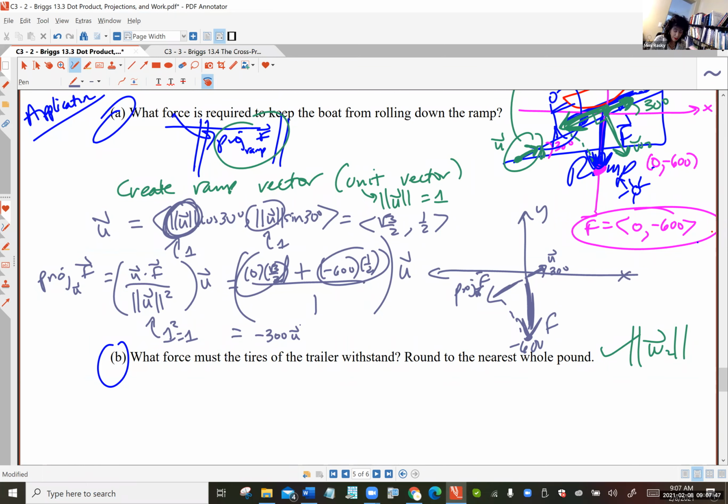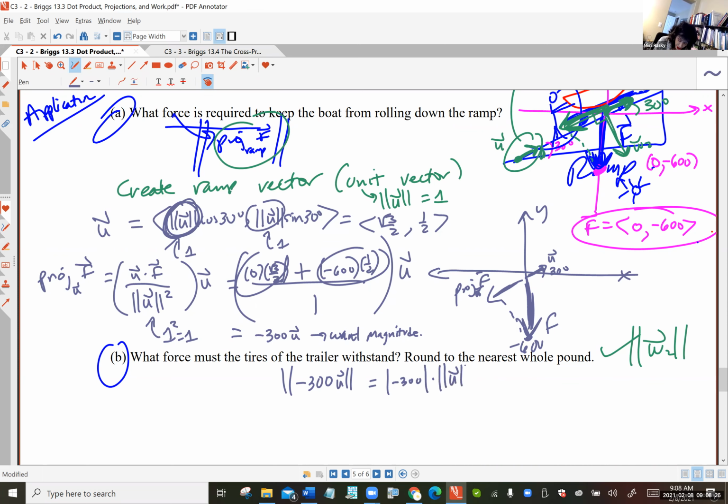Now, I'm not even going to bother figuring out the rest of this vector because I just want the magnitude of this, because that's going to tell me how much force I need to push against the trailer and the boat without getting run over. So what is the magnitude of this scalar multiplied by the vector? And I taught you how to do this. Magnitude is always a positive number. So without even doing the whole square root of the sum of the squares of the components, I'm going to skip that. I'm going to do a quick and dirty way. It's going to be the absolute value of negative 300, which we know is positive 300,